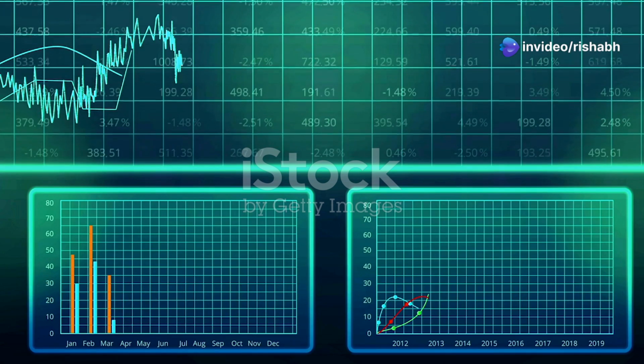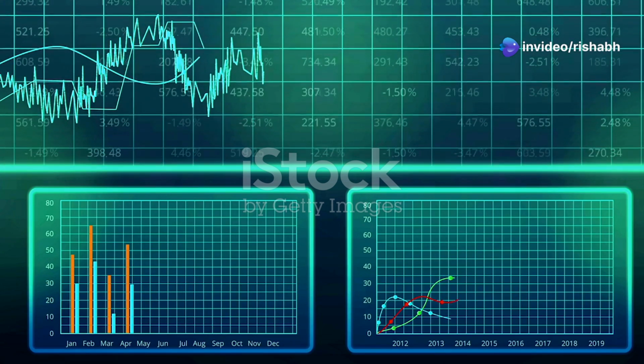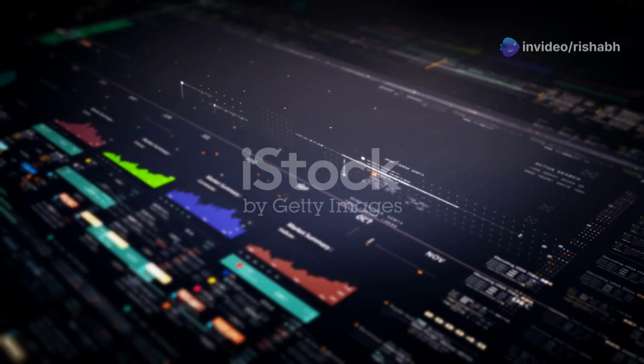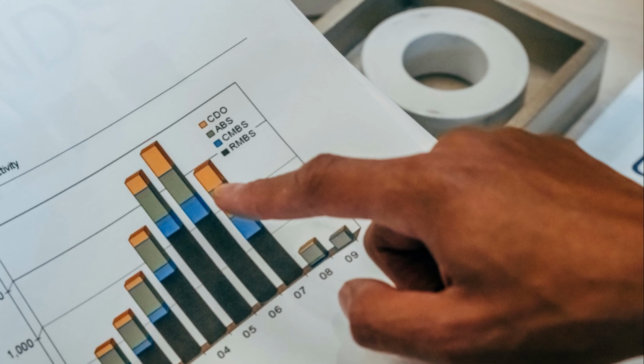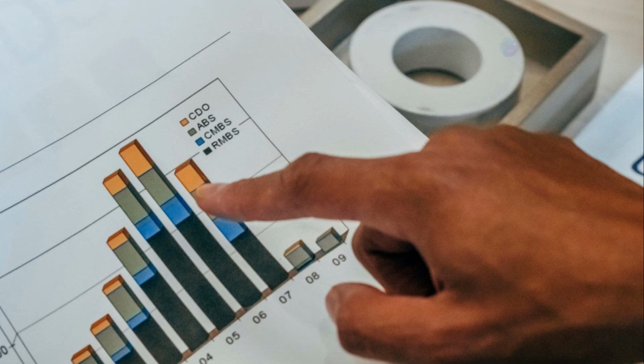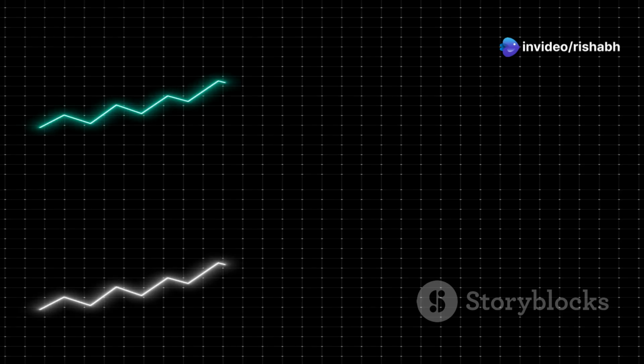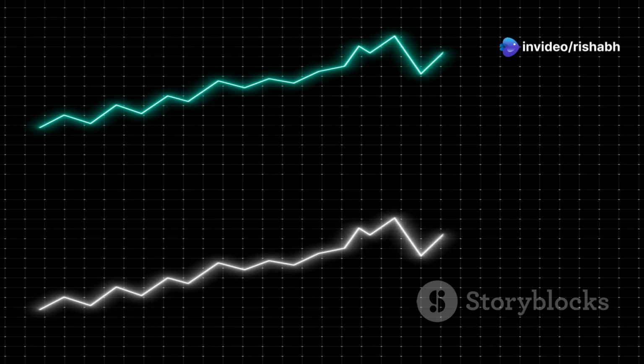Section 6. Geometries, choosing the right visual representation. Geometries are the geometric shapes used to represent data points in our visualization. Choosing the right geometry depends on the type of data we have and the message we want to convey. Some common geometries include points, used to represent individual data points, often in scatter plots,